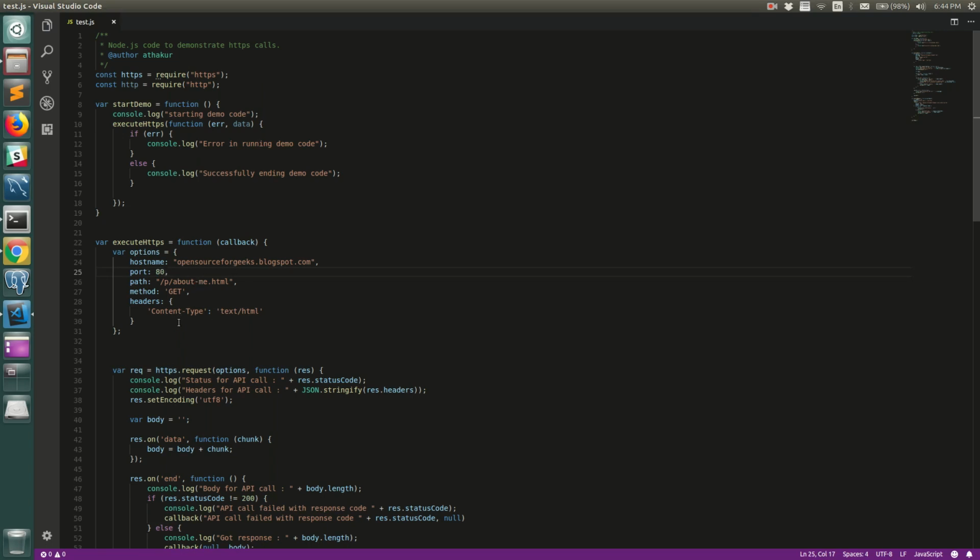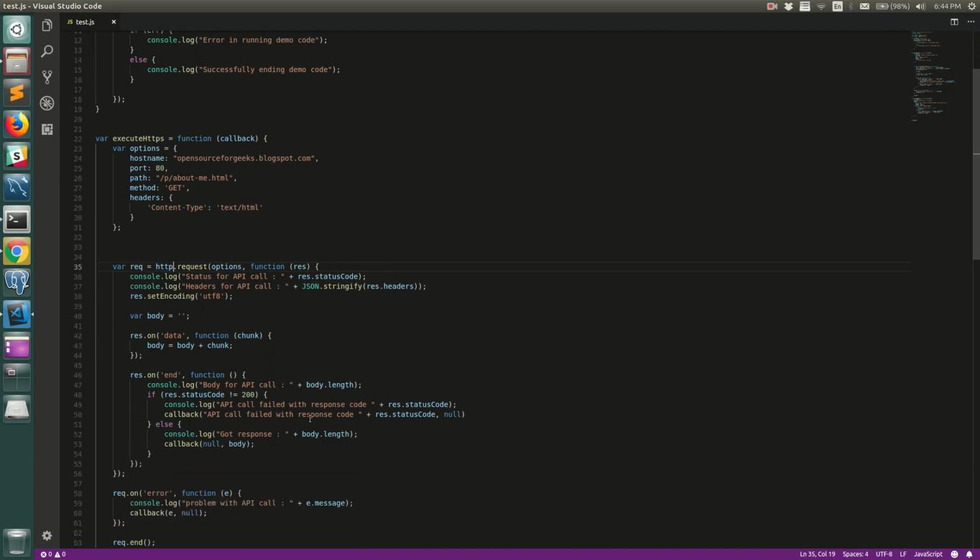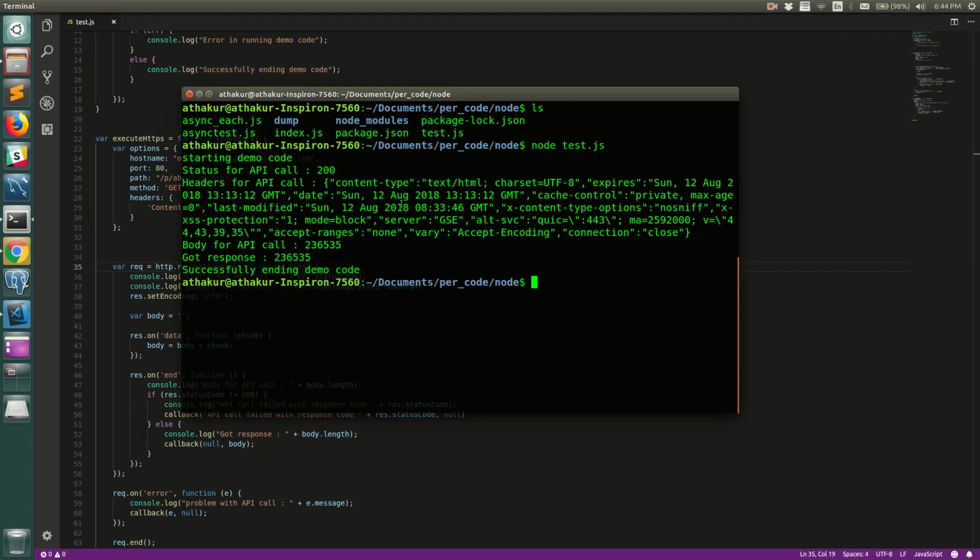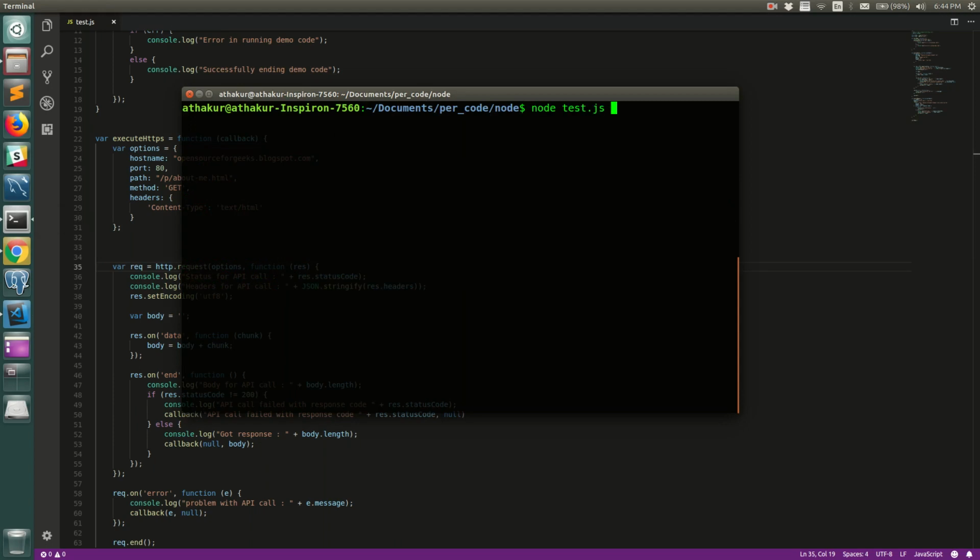Rest of the stuff remains the same. Now all we have to do is call the HTTP module that we have imported instead of the HTTPS module, right? So rest of the stuff remains the same, and let me clear this and